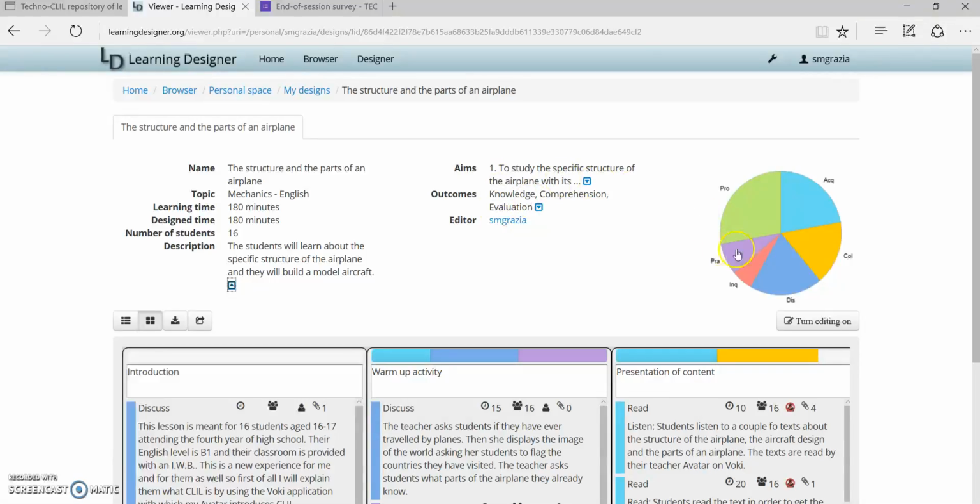So on the right here you can see my pie chart divided into slices, which displays how much time is allotted to each activity, such as acquisition and collaboration, discussion, inquiry, practice, and production. And I have planned to carry out this lesson by the end of May with the cooperation of my mechanics colleague. As I told you before, students will be asked to design and build a model aircraft as a homework